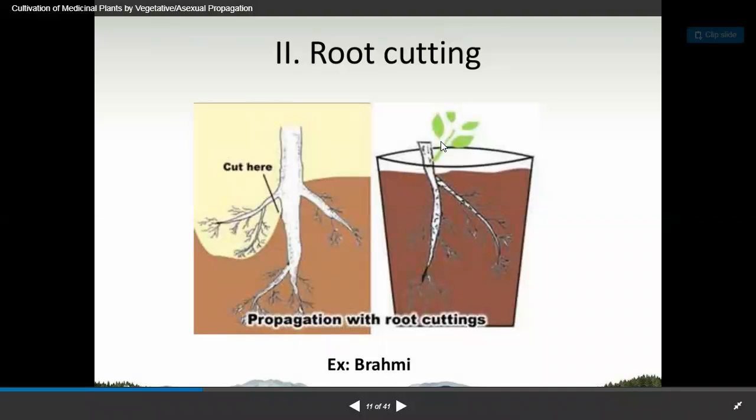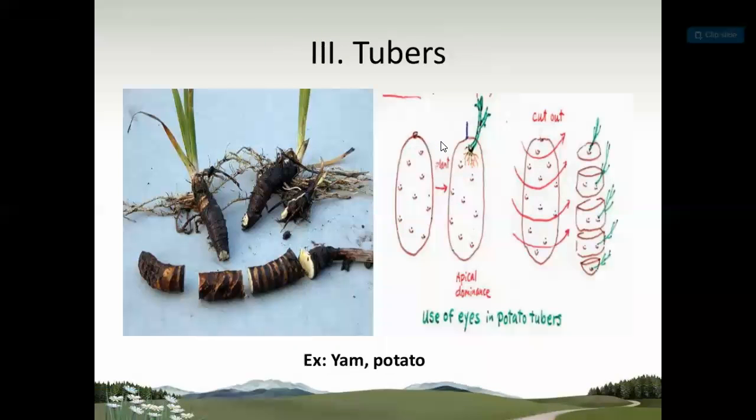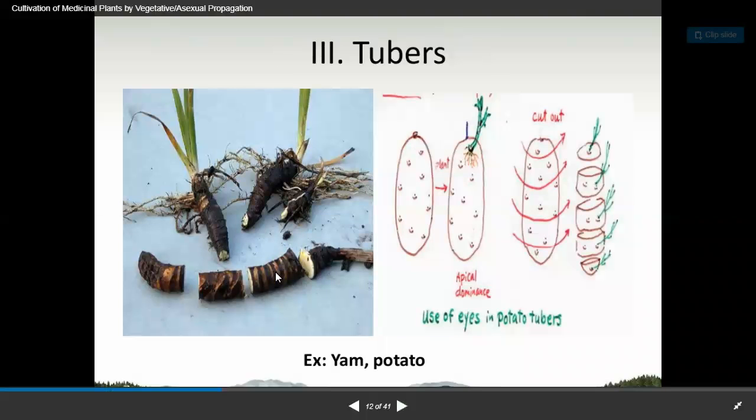In the case of brahmi, you can do this technique. The tubers, the examples are potato, already we discussed, and the yam, right? So in this you can see here in the yam how they are tubers, they have cut it into different pieces. And this, if you put into the proper soil,